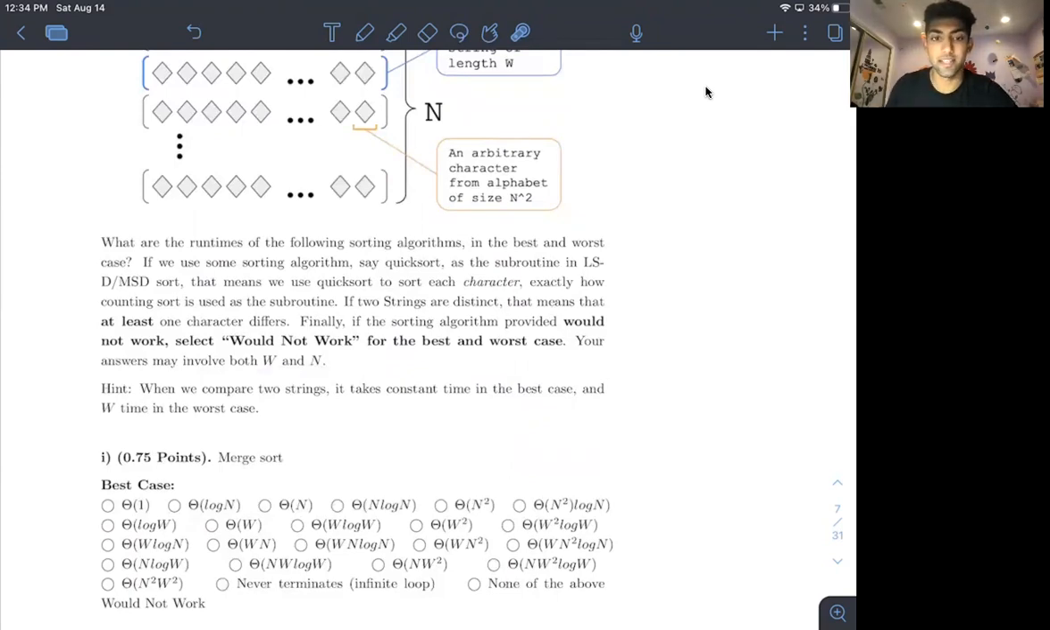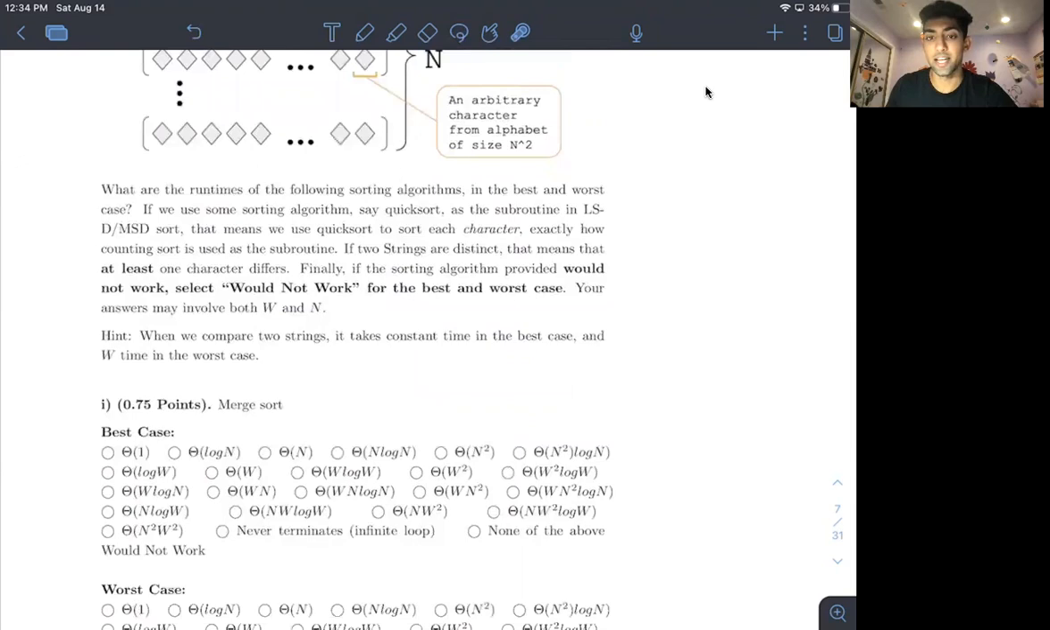And a helpful hint is that when we compare two strings, it takes constant time in the best case and w time in the worst case. So the reason why this hint is true is, let's say that we have